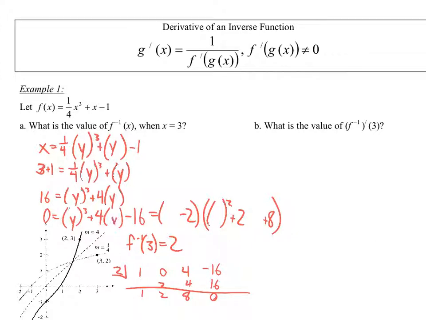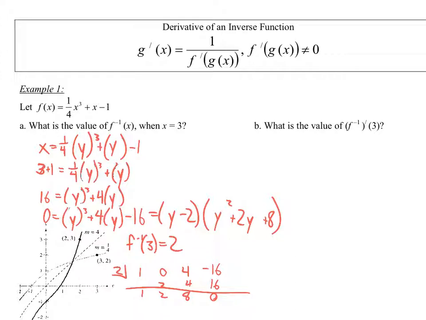You guys are asking this a lot. There were f inverses, so you kind of erased them, so we don't know where f inverse is now. Well, all the y's are f inverse. Now, you also notice that y squared plus 2y plus 8, if you tried to solve that where it equaled 0, you'd get complex numbers. So 2 is the only real number solution, which is why this is an inverse. So y has to equal 2, which means f inverse of 3 has to equal 2 is our only